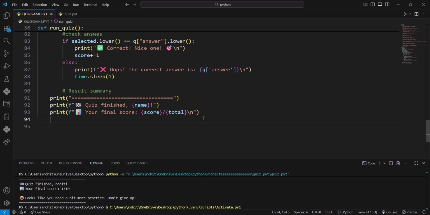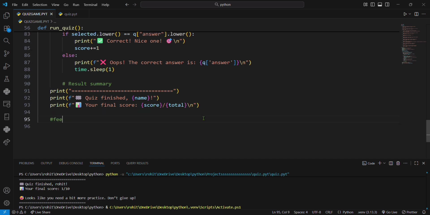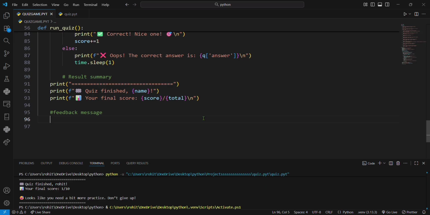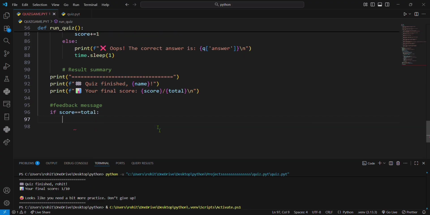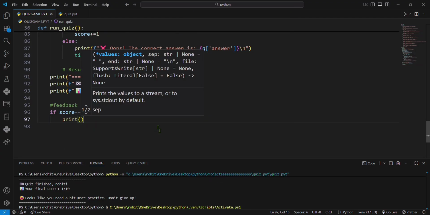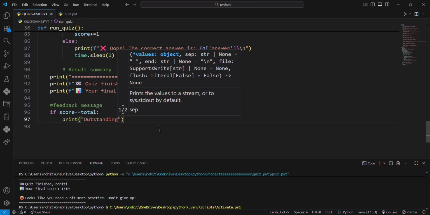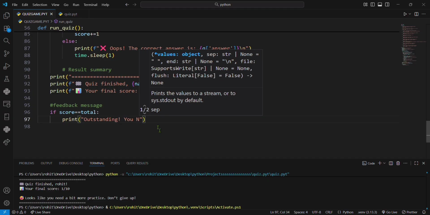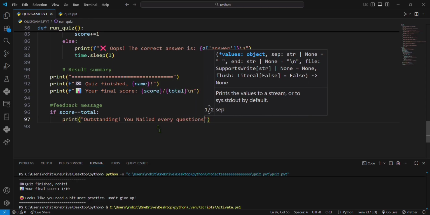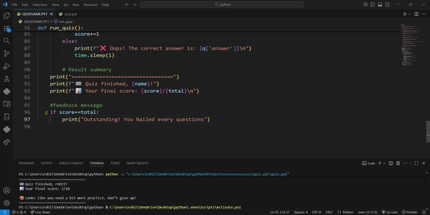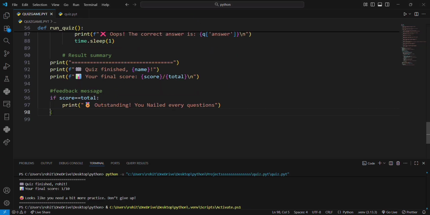So again for the last one, the feedback message section. So I can use if score is equal to total, then simply print here outstanding, you nailed it, you nailed every question. Basically if the user gets all correct answers, then print outstanding, you nailed every question. So again after that we need to use elif, and if score is greater than or equal